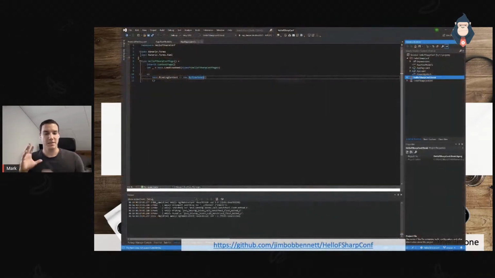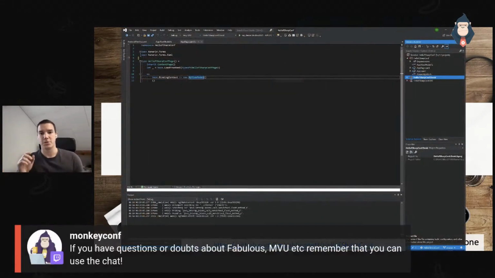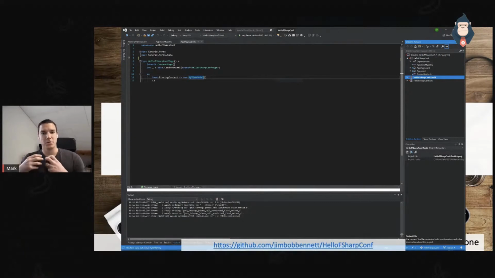So I have taken this example from Jim Bennett. He used to be very active in the Xamarin space. These days, I think he's doing more showing kids how they can get excited with development software. So that's something really cool. I put the link at the bottom of the slide. I will share these slides later on. So if you're interested in how you could teach your kids some programming, I would stalk him out on GitHub and see what he's up to.